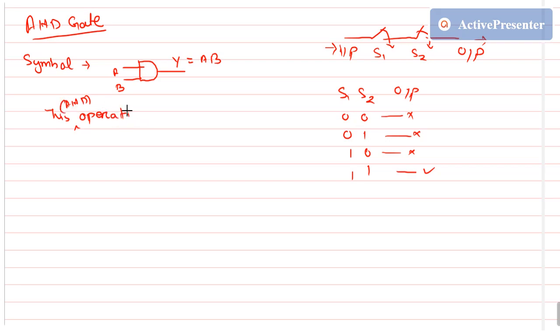The AND operation is represented as a dot. Dot means this dot, like this, a dot operator. So compare with the previous one, that was your plus operator, here it is the dot operator. Okay,